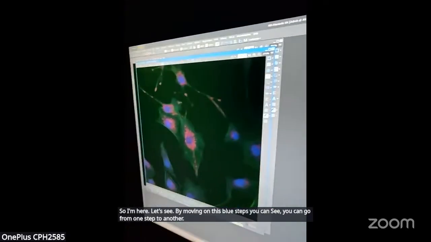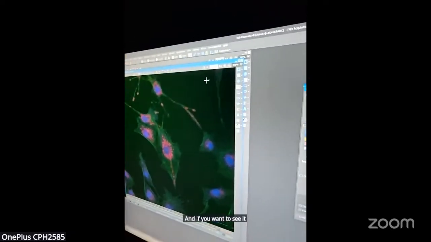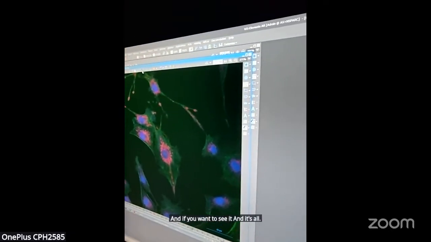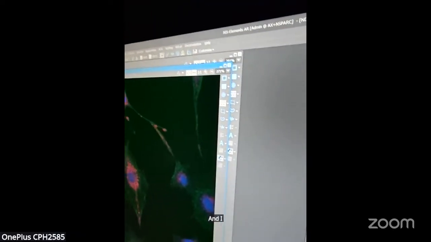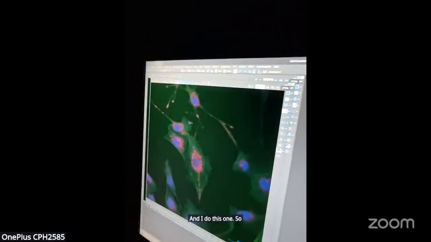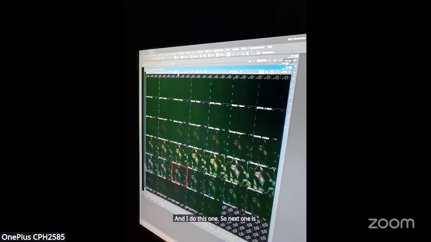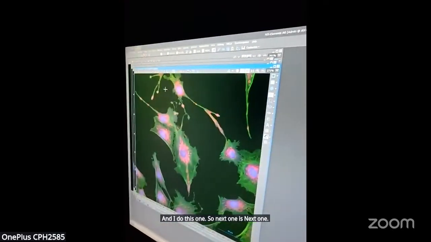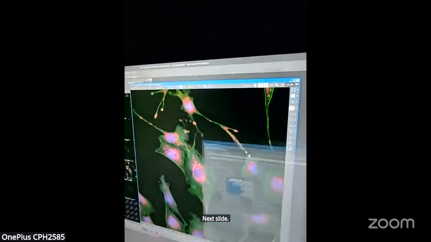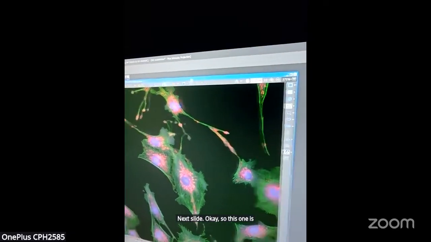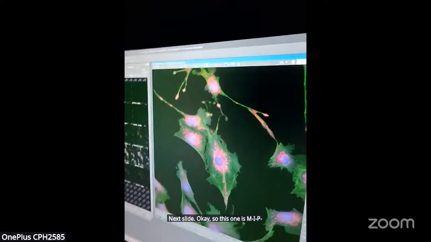And if you want to see it in this, it might be this one. Next one, this one. So this one is your MIP image of this Z stack.